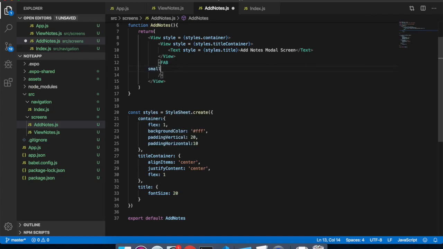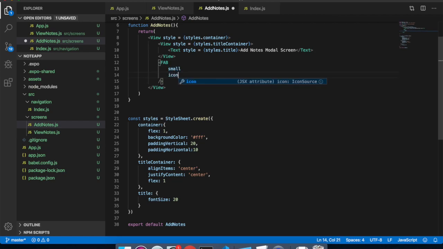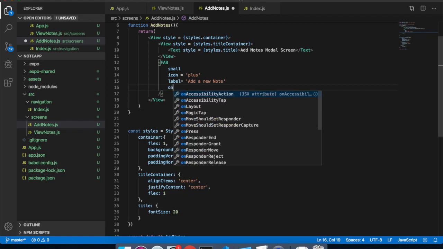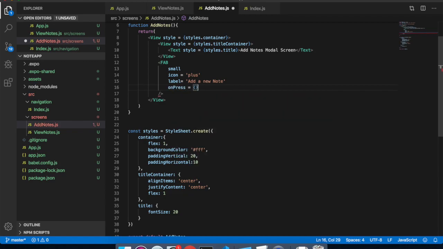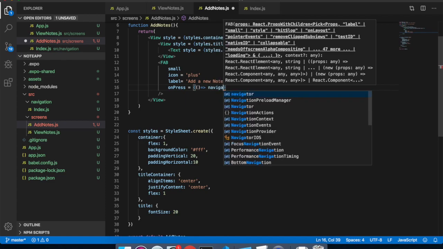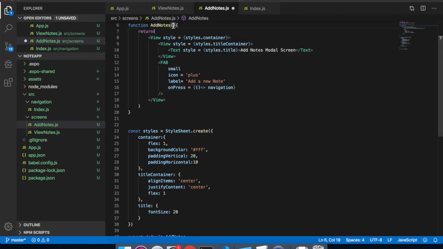So I want this button to be small, icon would be plus, then label would be add a new note, then on press, I want navigation. Okay, so okay,